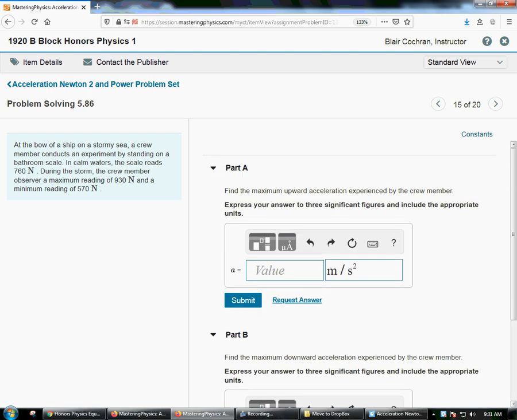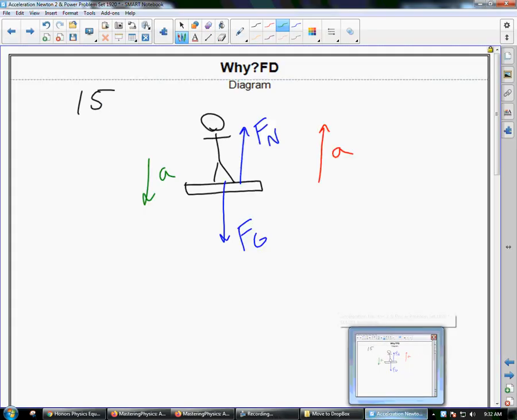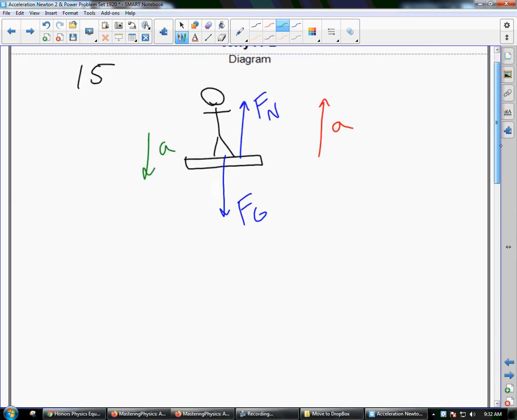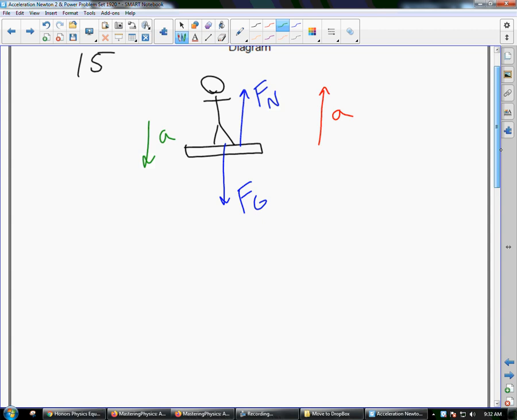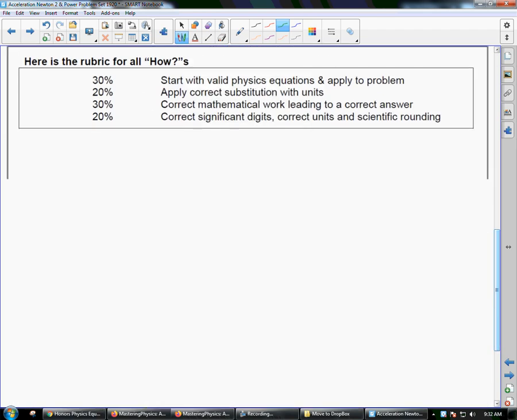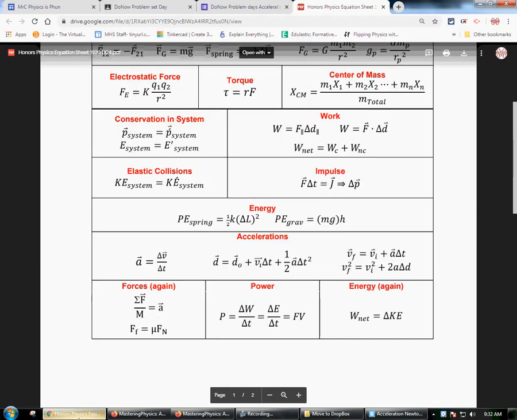And that probably would suffice for a diagram. All right, so now grab an equation from our equation sheet, and we're dealing with net force causing acceleration. So the one I'm going to grab